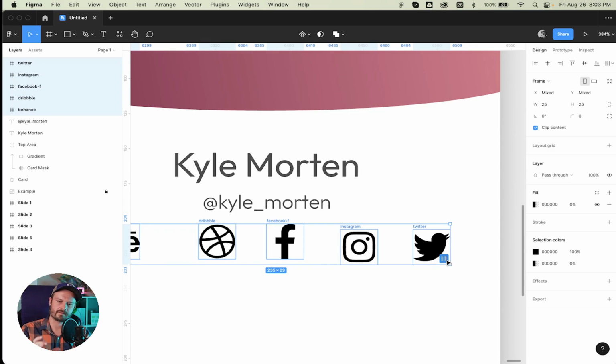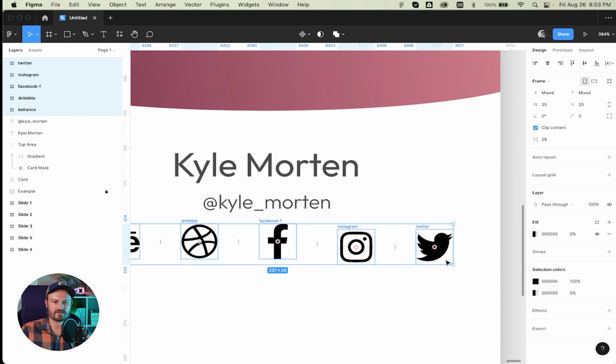But if I see this blue rectangle with the 3 vertical white lines, if I click that, it's going to arrange them. It doesn't align them vertically. It makes sure that there's an equal amount of space between each item, horizontally speaking. And if I want to align them vertically with all of those layers selected, in this case they're all frames, I would come up here to the top in the right sidebar of the design panel and